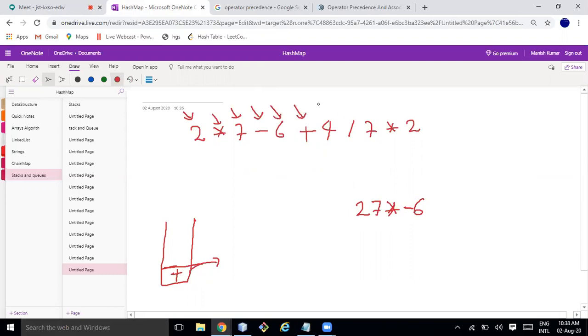Then I'll check 4. So 4 is coming, and I write it. Next, is this division having higher precedence or plus? Division is having higher precedence, so I pushed it. Then I'll go with 7. Is this star having higher precedence, or this one? Left to right associativity, so this one is having higher precedence, and I'll pop it out.